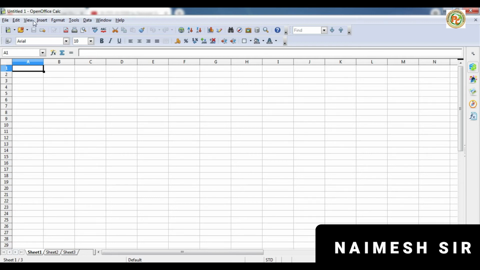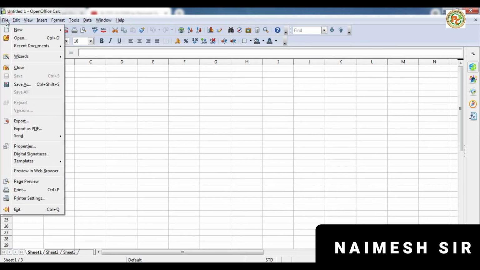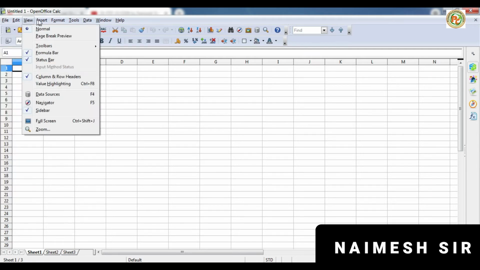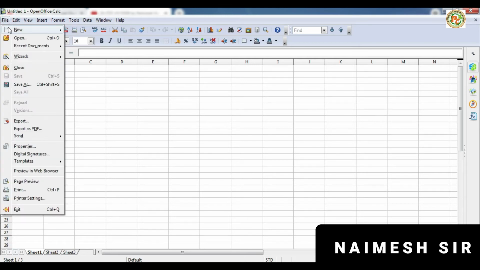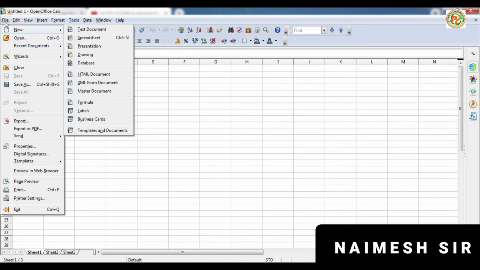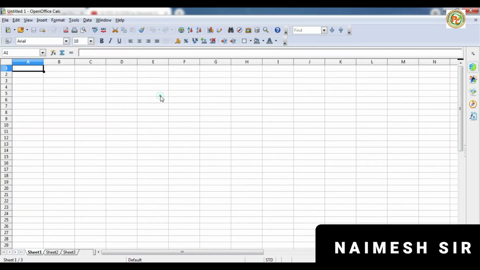Then after that, it is called the menu bar because it has different menus like the File menu. If you click on File, sub options will appear, then View and all that. After the menu bar, the toolbar is there. The toolbar holds shortcuts for each and every menu and command. Like if you want a new file, you have to click File and New, and then click any option. But if you want to click directly, you can click here. So it is called the toolbar. Different tools and shortcut keys are there, and you can just click on them to directly access that particular command.